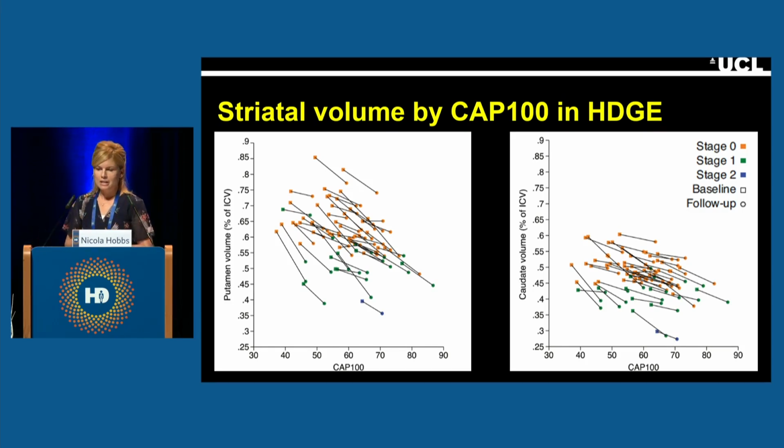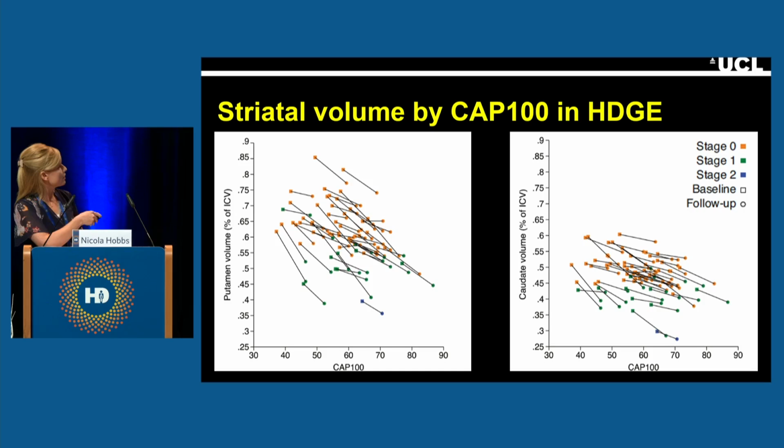And the take-home message from this graph is that we are detecting and measuring very subtle longitudinal neurodegeneration in all of our HD gene expanded participants, even those with the low CAG on the left-hand side of a low CAP 100 on the left-hand side of the graph, and those who are at stage 0 on the top sections of